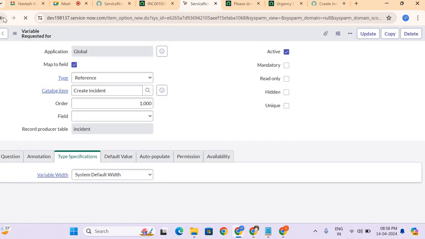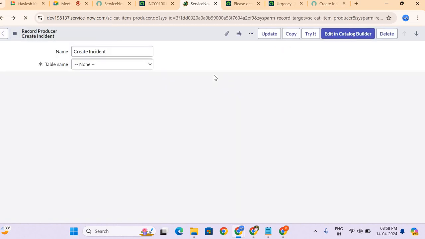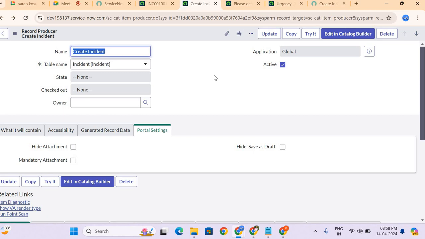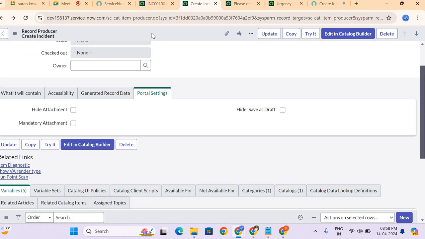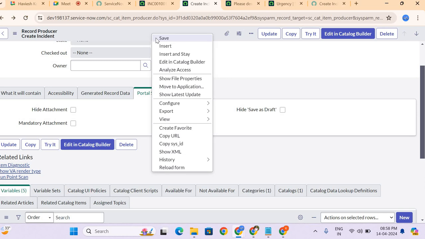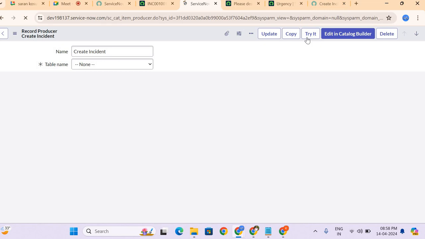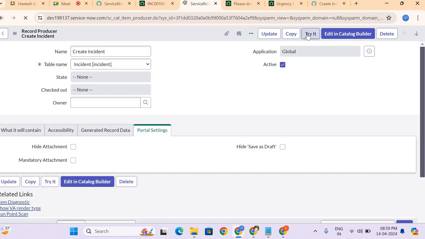Go back to my record producer. So here requested for, and let me save this. And from here also I can click on try it. So let me click on try it.